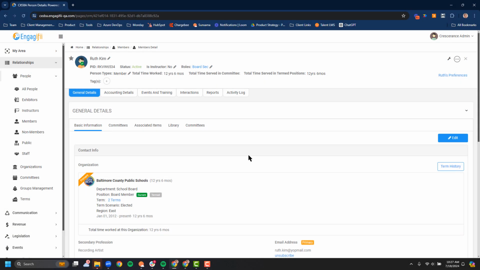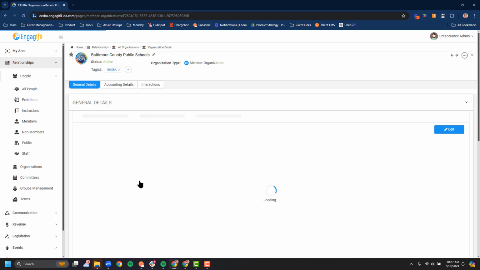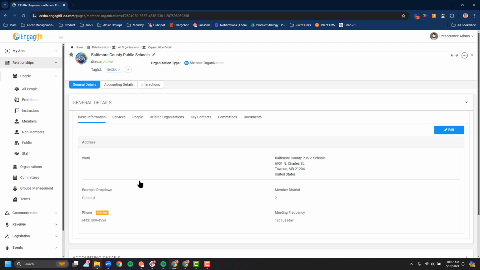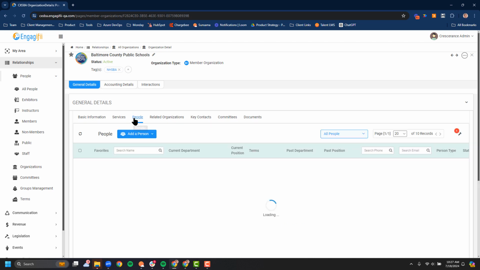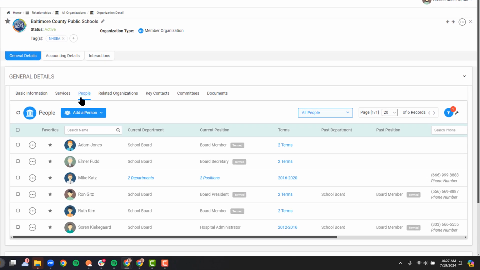So for our purposes today, we're going to look at Baltimore County Public Schools. Now, when I go to the People tab within the organization, you can see here that I've got several people aligned with it, most of whom are in elected positions. I can choose to filter this list and see people who used to serve in past terms or have past terms,